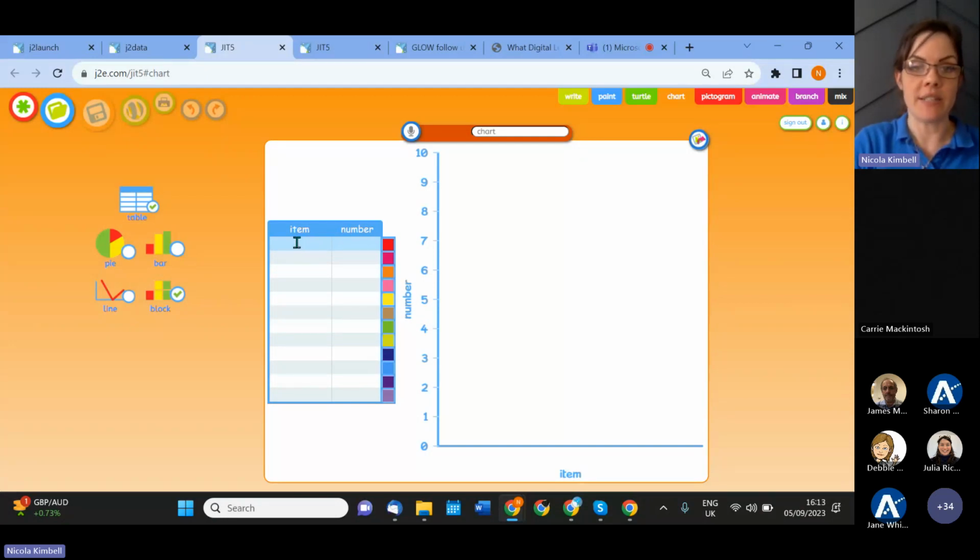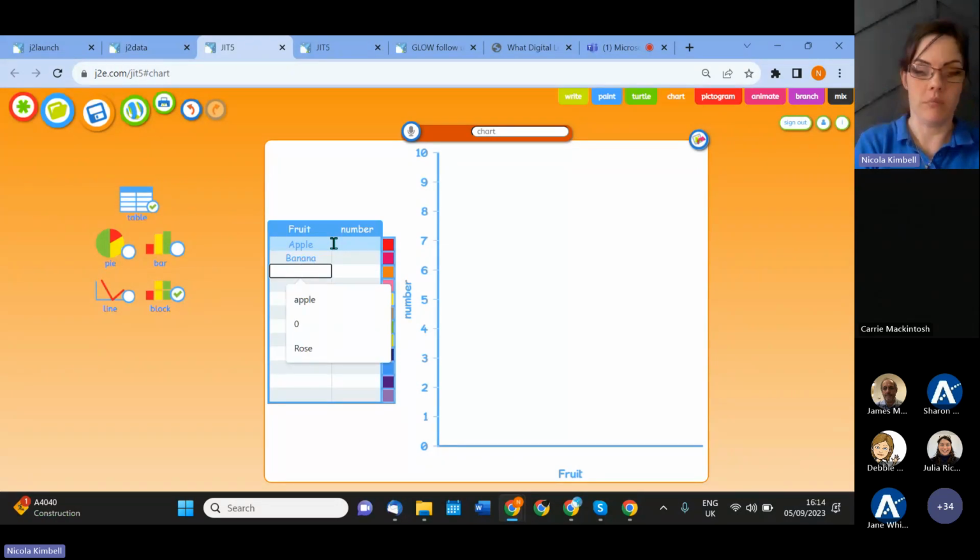So they would have an item and then a number, and we can change what the title of this column is as well. So we could change that to fruit, for example. So let's follow the same concept. So we're going to add apple into the first row and then hit enter, and that's just going to go directly into the next one. Then we can have banana, orange, pear, and